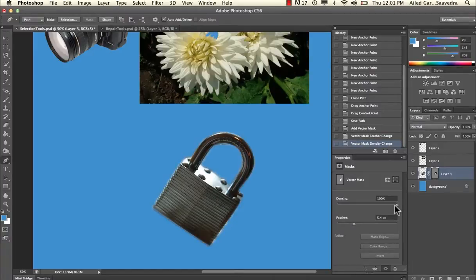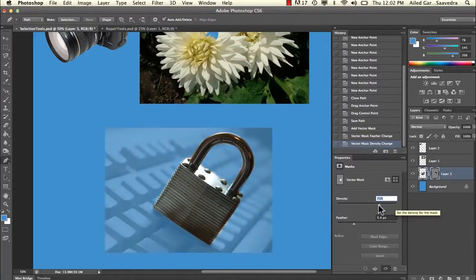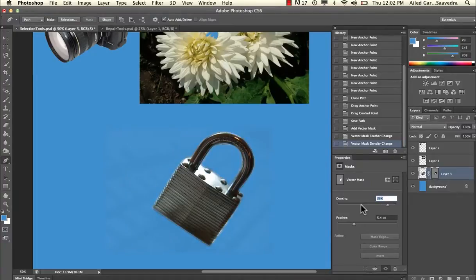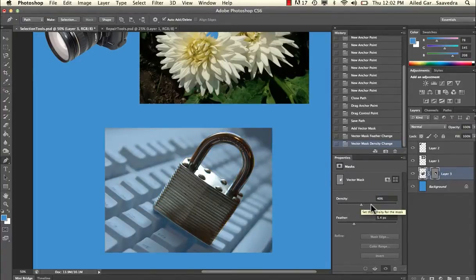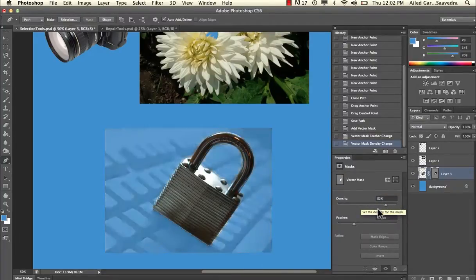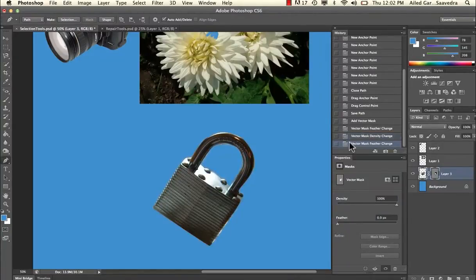Now another option that you have is you can change the density, and this basically allows you to also affect the exterior of that selection, making it less dense or more dense, okay? 100% will get rid of it. And if you go lower, it'll bring some of that image back. Notice it's kind of like a transparency to it. Okay? All right, so I'm just going to go ahead and put that back, and I'm going to change my feather back to nothing. So now you get a sense for how you would cut things out using the pen tool,